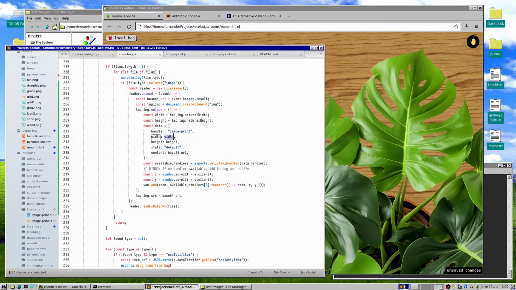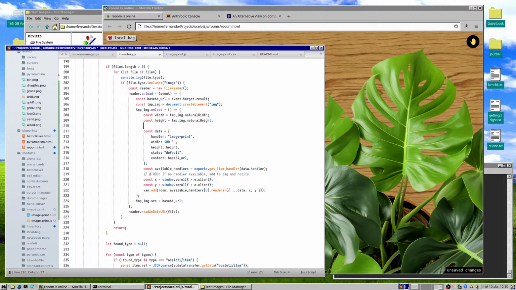And so this, yeah, I'm just gonna do like 400 times, let's do the math. So height is going to be equal to,